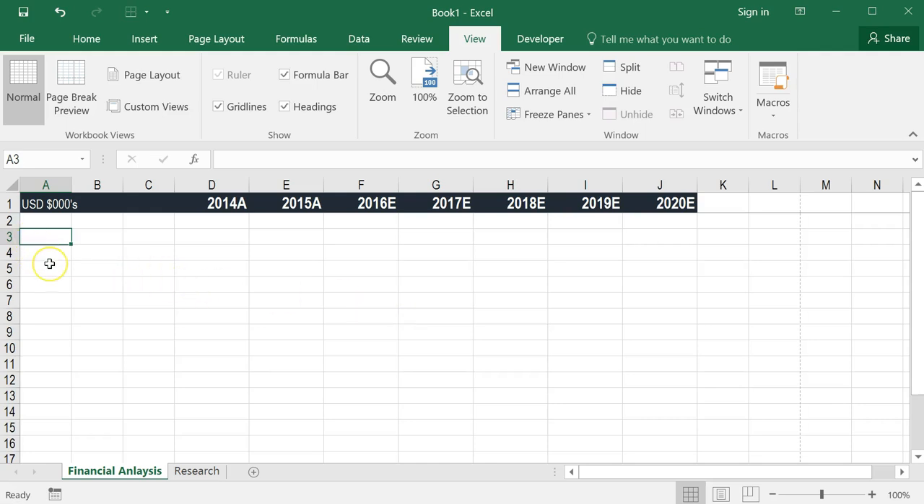The next thing that I'm going to do is create a category heading here. So I'm going to create an income statement and press Enter. I'm going to bold it by pressing Control B. And let's just quickly enter a very basic income statement here. We're going to input revenue, cost of goods sold, which will give us gross profit,